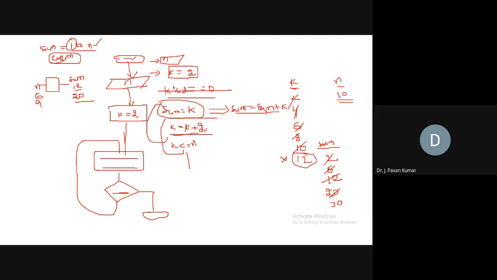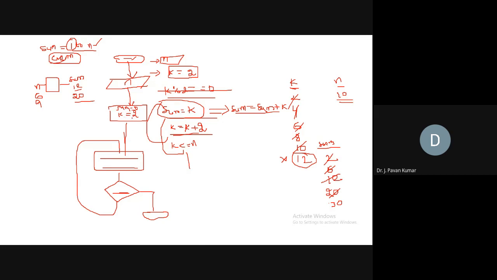What is the sum value initially? 0. So where we have to initialize that? Prior to this only we have to initialize. So here itself you can mention that statement as well. Sum is equal to 0, that we will initialize here. Then k value also will initialize with the value 2. These two computations can be included in the same rectangle. Not only 2, you can mention any sequence of computations in one rectangle itself. If you don't have any other decisions or any other input that you require, then you can mention all together in one rectangle itself.